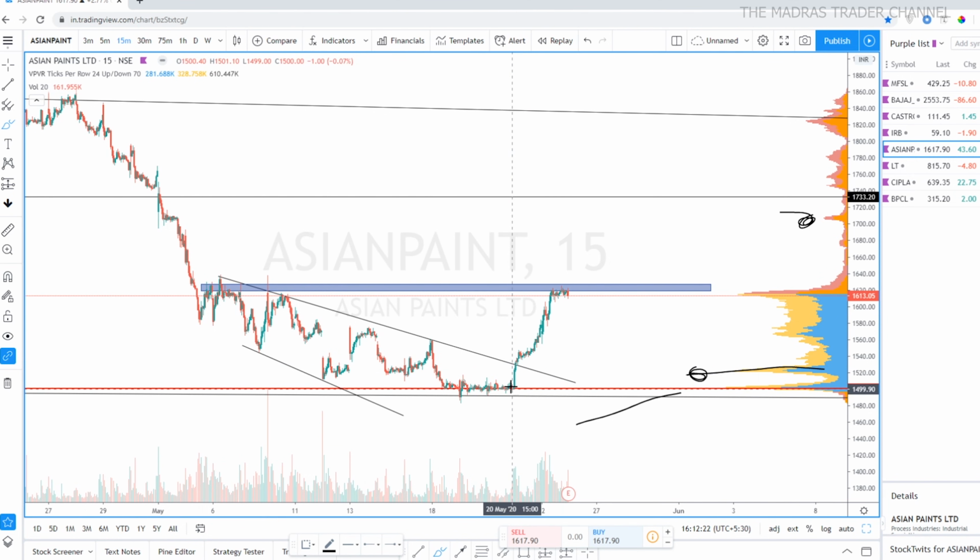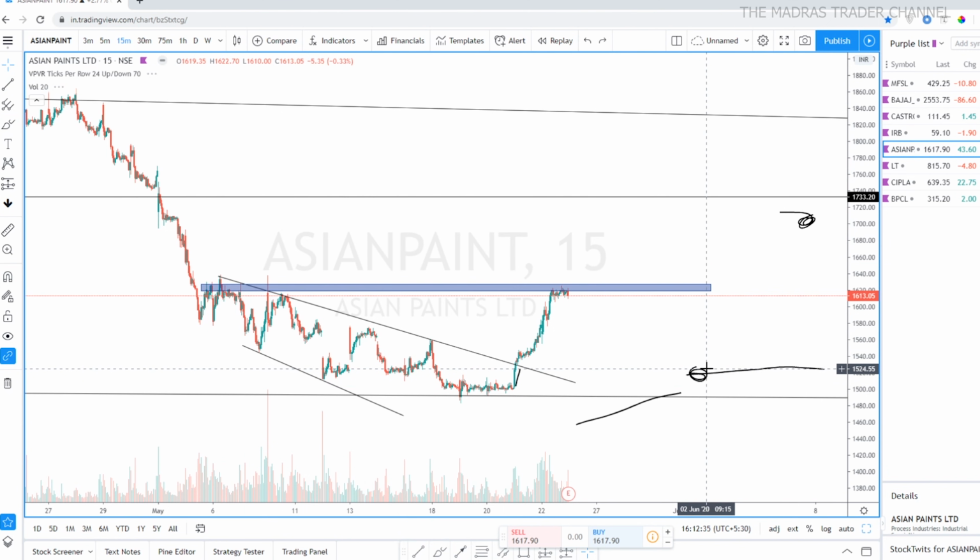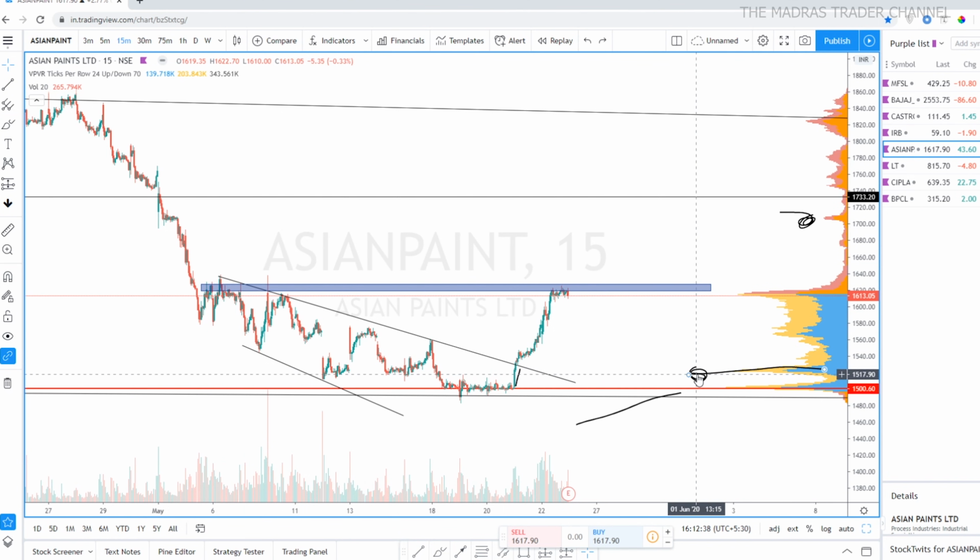So what's happening here? It is moving with a bullish candle. Not only that, it is also breaking the trend line. So when it broke the trend line, if you notice, there is a huge transaction, there is a huge volume in terms of price at 1521 or 1523. There has been a huge breakout, which means that probably the smart money is also interested in taking the price higher, right?